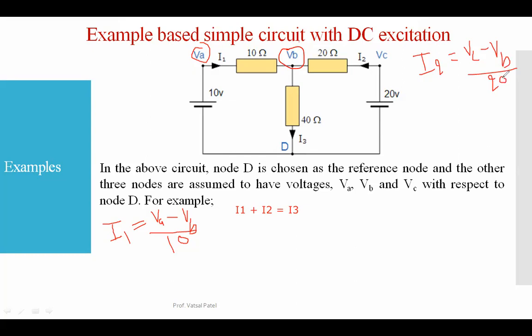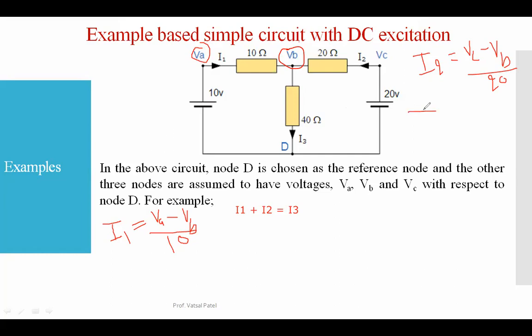Right? And if you write for the third current component I3, what can you write? See, the reason why we write VA minus VB is because in this branch, you can see the terminal voltages are VA and VB as we labeled here. So we just write the potential difference between these two terminals divided by the resistance. We just apply Ohm's law here.